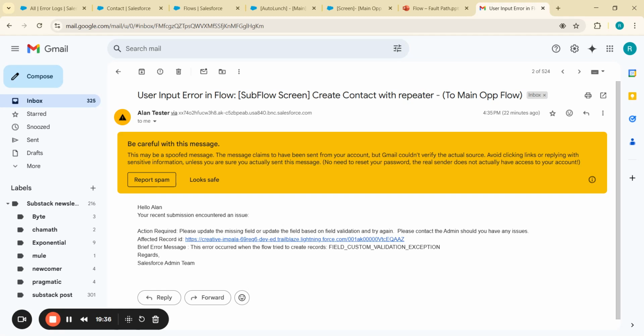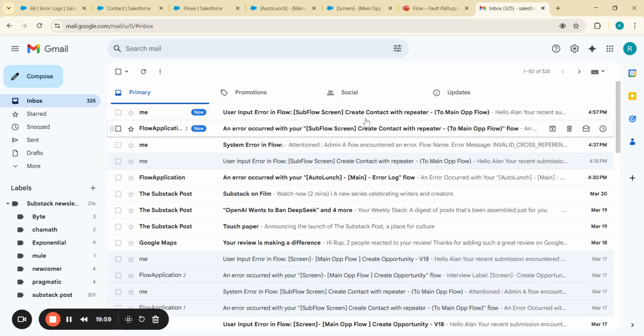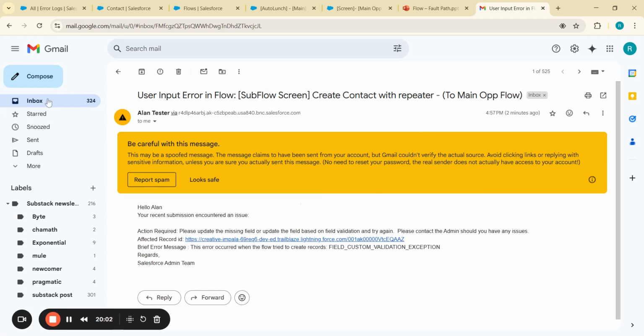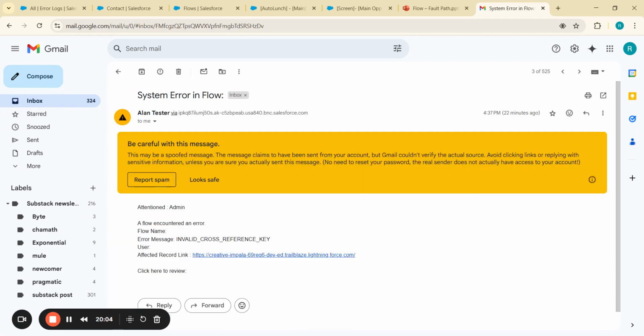Now, this is not being customized for that particular criteria, but you can actually mention that in this custom text here, that maybe have a look at email, maybe have a look at the phone number and make sure that it's entered. And as long as you have that information, maybe Alan here can go back and create the same contact by filling in necessary information. So that's the information that a user gets, but you also do get the long form